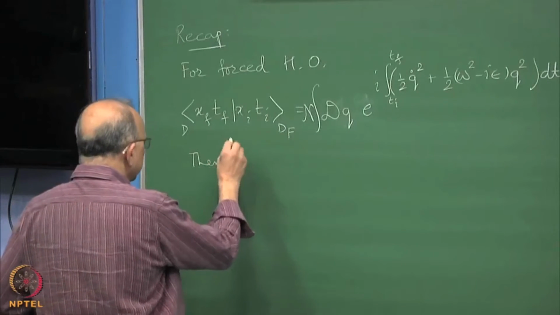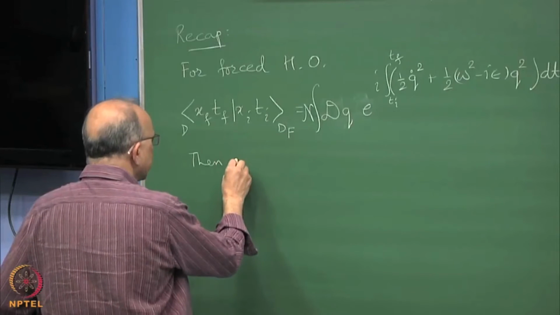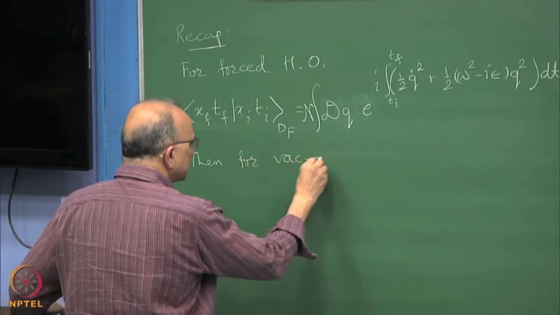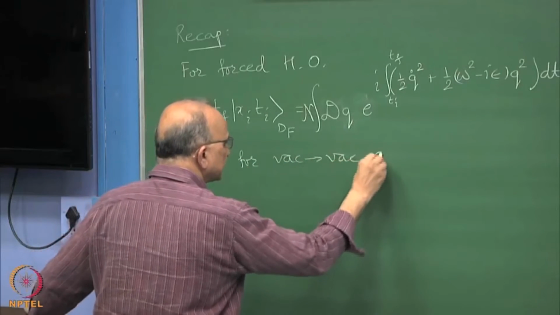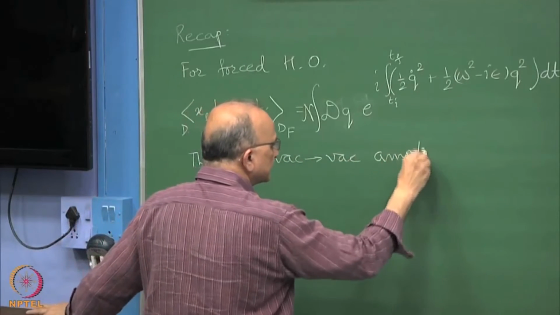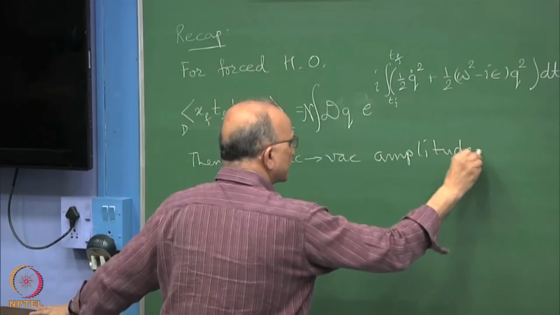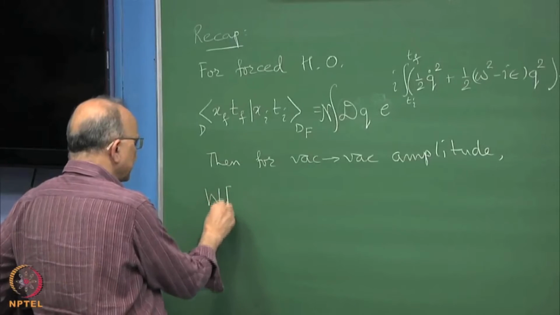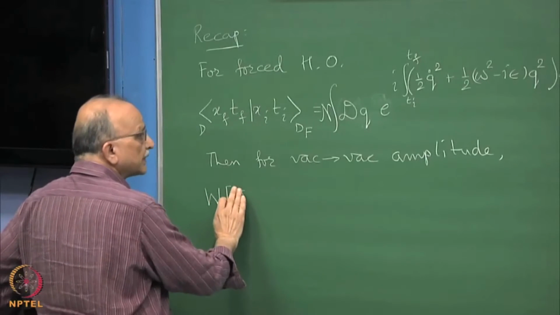So I will just skip two things together, and then for vacuum to vacuum amplitudes, which we call W of J of F here,